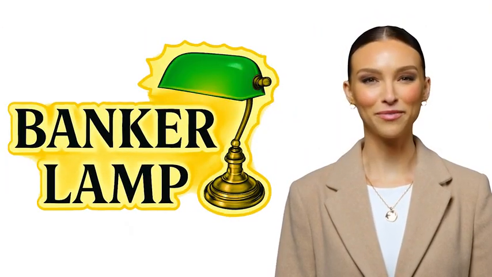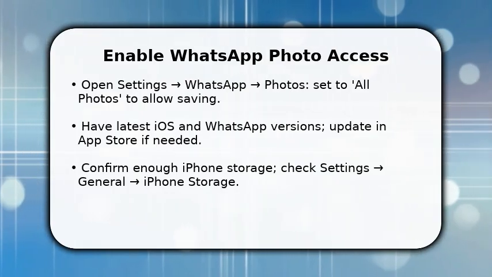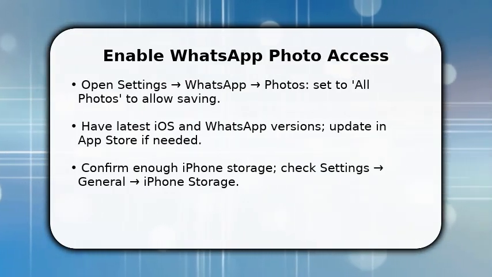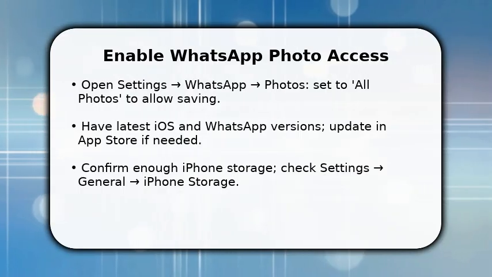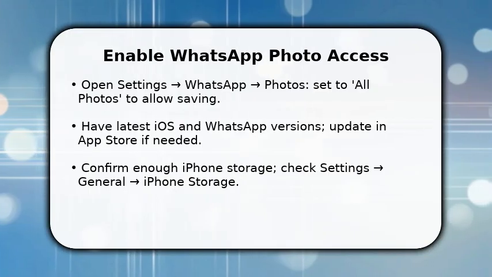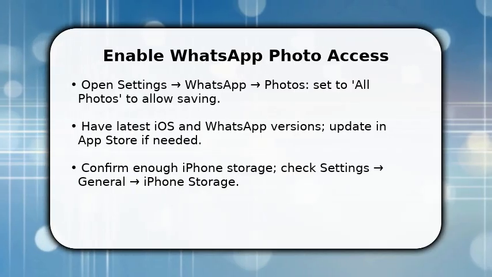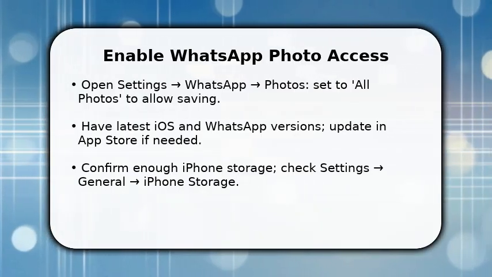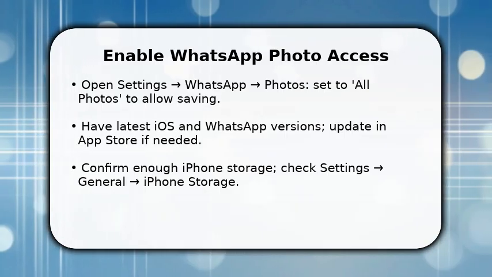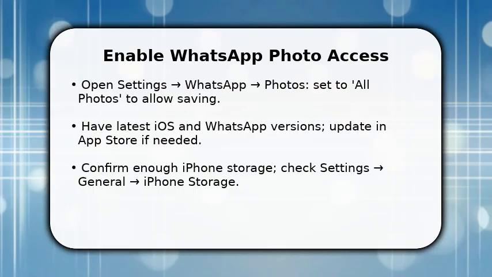Please enjoy the video. You'll start by granting WhatsApp permission to save images. Open Settings, tap WhatsApp, then Photos and choose All Photos so media can be written to your library. Once done, make sure WhatsApp is updated in the App Store and that your iPhone has available storage, otherwise saves will fail. You're preparing the system-level access and capacity now, which avoids issues later when you automate or manually save